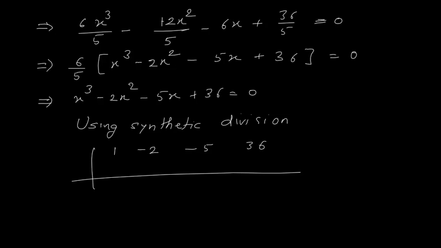Now I will check what are the various factors of this 36. So I will start with 1 is a factor, 2 is a factor, 3 is a factor, 4 is a factor, 6 is a factor, like that. I will see whether the terms in this expression are positive or negative or a combination. When they are a combination of positive and negative, I can start with a positive term and I will check whether at the last I am getting 0 or not.